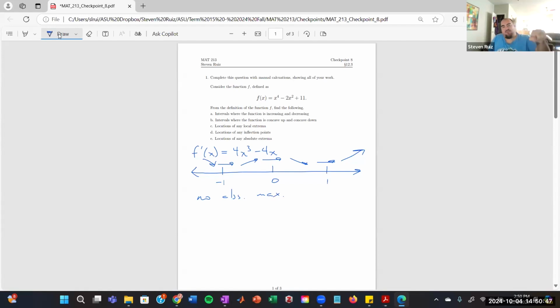So this function has a local min, goes up to a local max, goes down to a local min, and increases. There is no part of this function that kind of decreases without any kind of bounding. So there is going to be an absolute max or absolute min,